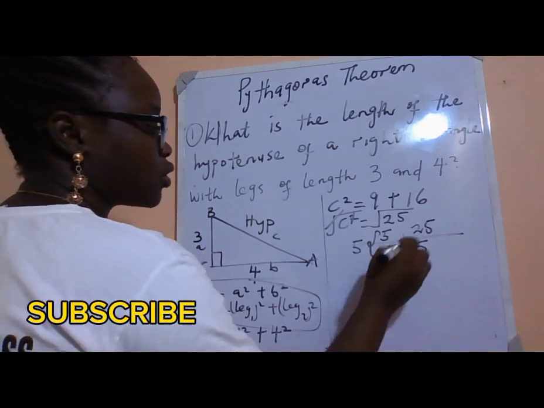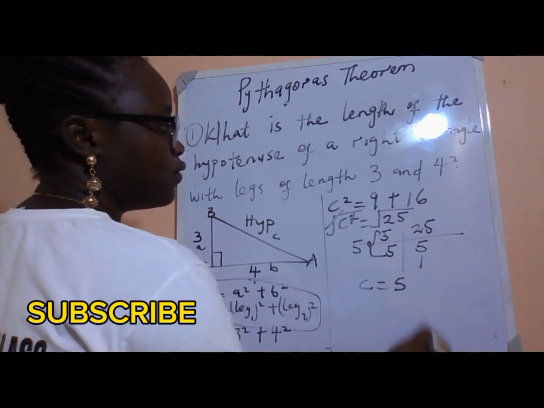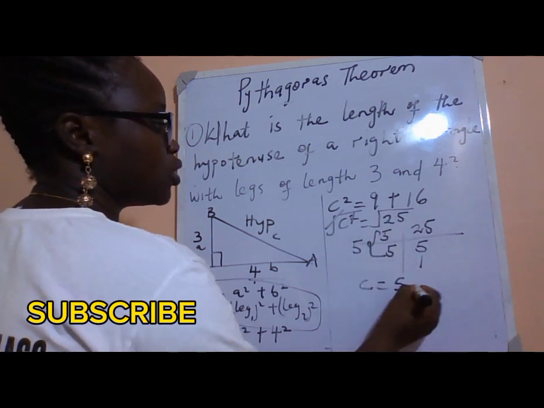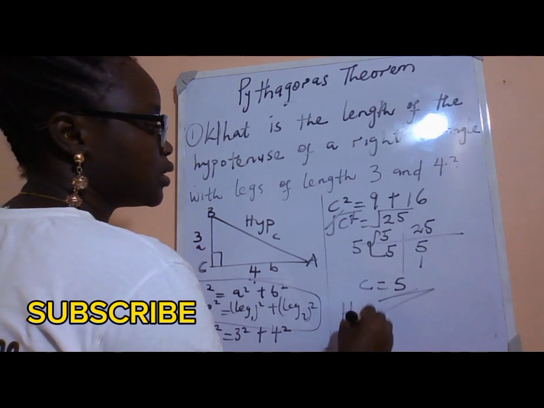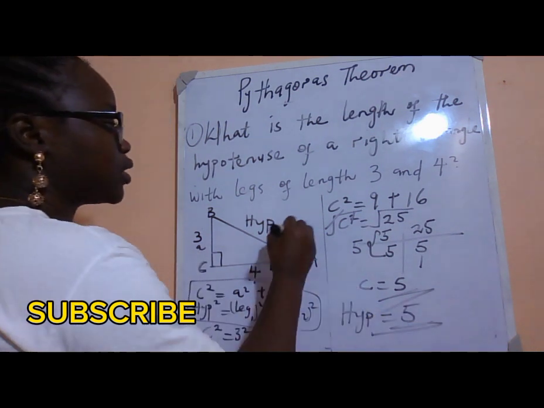So the square root of 25 is what? 5. So c equals 5, because 5 times 5 is 25. So this is our hypotenuse, which is 5. So our